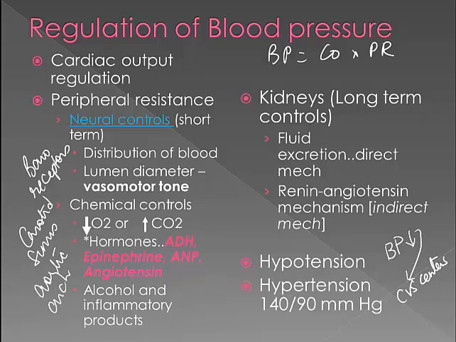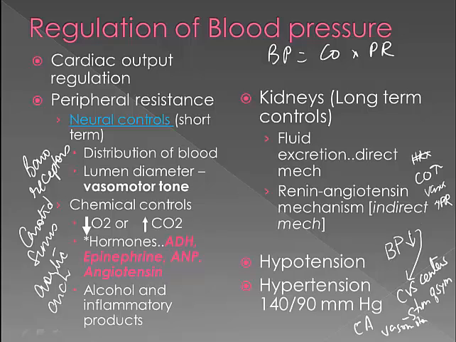If the blood pressure is low, they will cause a stimulation of the sympathetic nervous system, because you want the blood pressure to come back and be high. You want to bring it back to normal levels. So they'll act on the cardioacceleratory center, and they'll also act on the vasomotor center. By doing this, they cause sympathetic stimulation, which will increase your heart rate. It will increase your contractility, so your cardiac output goes up. By acting on the vasomotor center, they cause vasoconstriction, and therefore they'll increase your peripheral resistance,